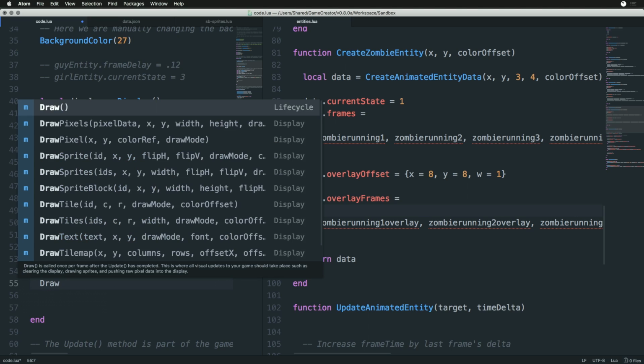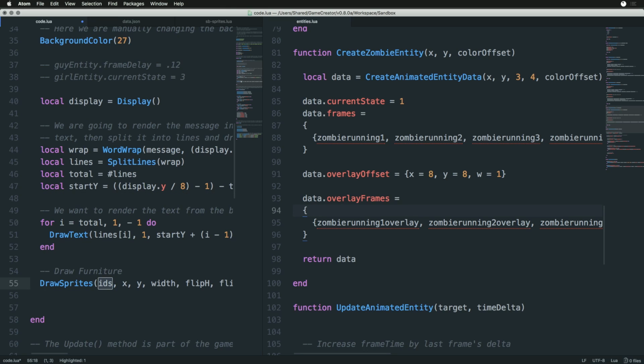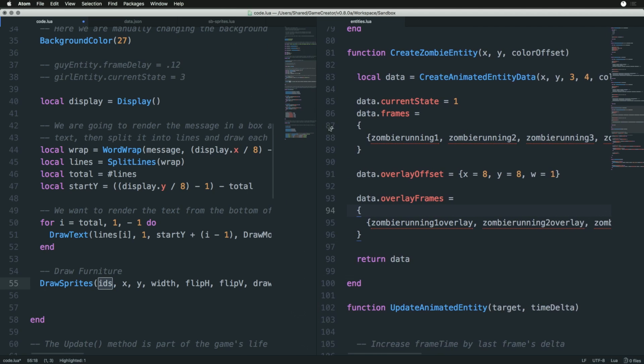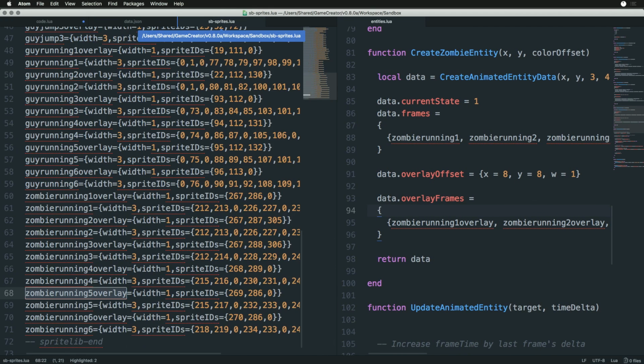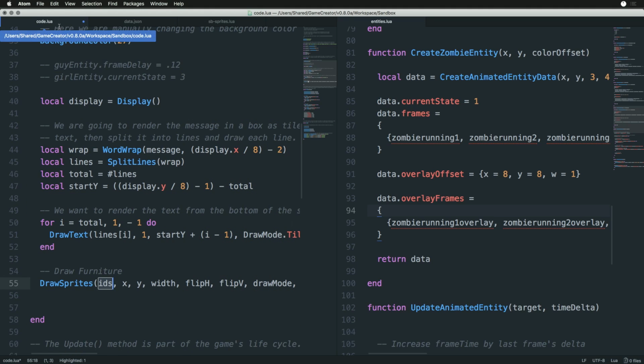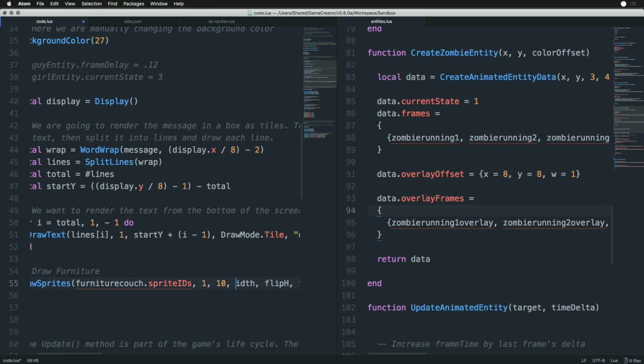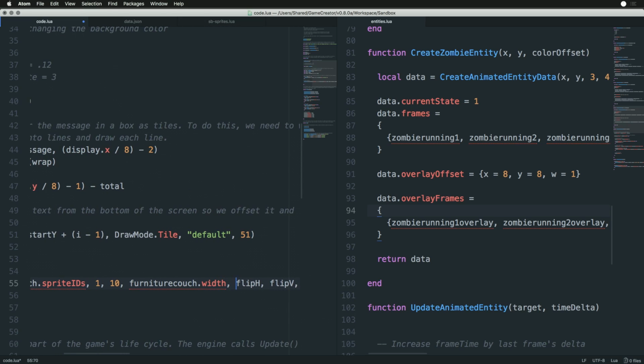Now there should be, what I'm thinking is draw. I believe I fixed draw sprites to actually put this stuff into the background. We'll see if I can actually use draw sprites to draw something into the background. It should work. Let's do like furniture couch, for example. So let's make this 110